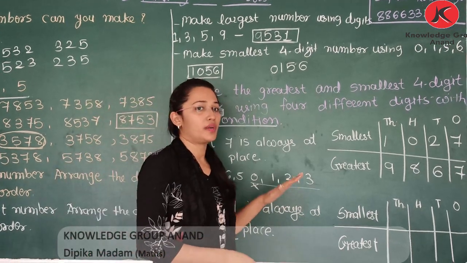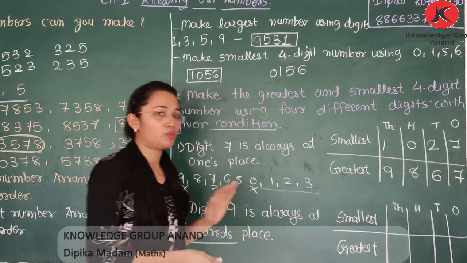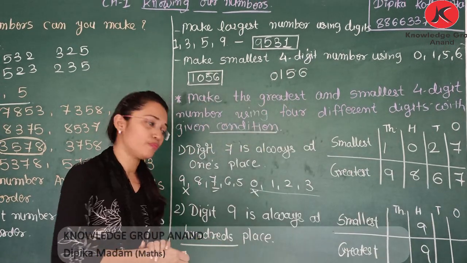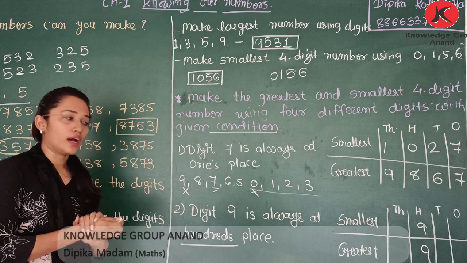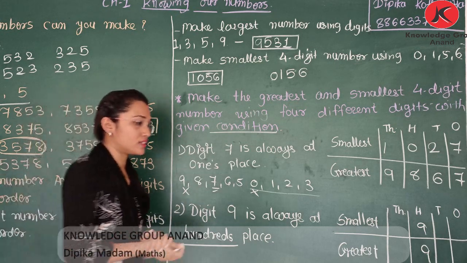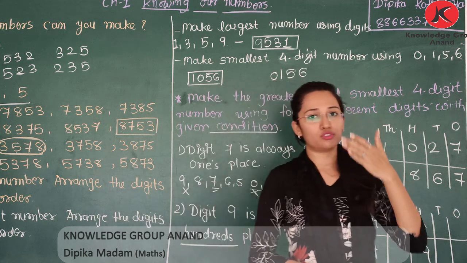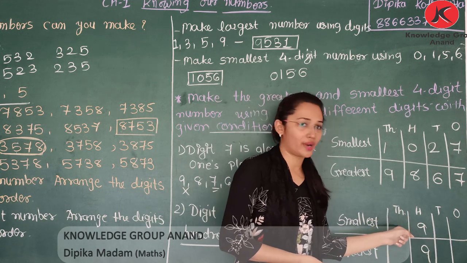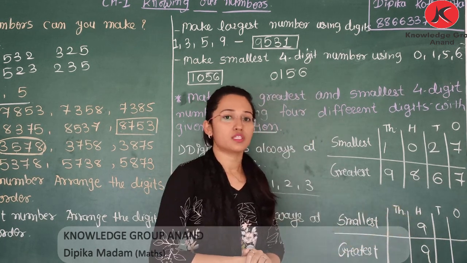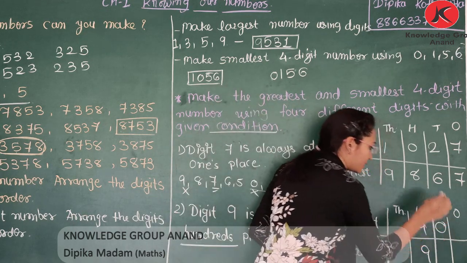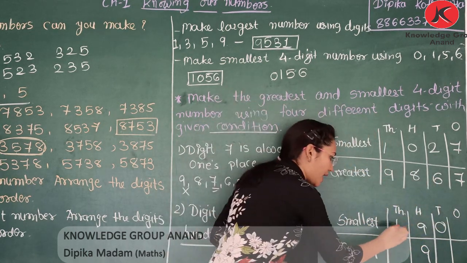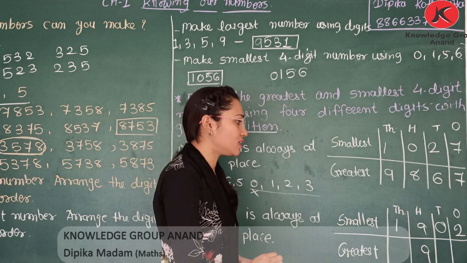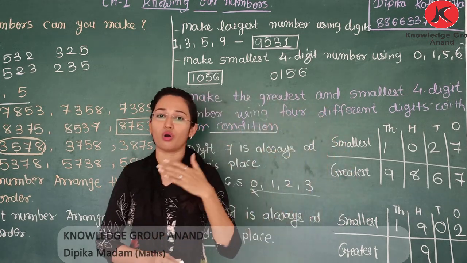ગમે તે નંબર બનાવીએ પણ એવો નંબર બનાવવાનો કે 9 100th place માં હોય. So we write 9 at the 100th place for the smallest and greatest number. Now again for the smallest number we need to select the numbers from the beginning 0 1 2 3 4. So again 0 cannot be at the thousand place because if you write 0 at the thousand place it will not be a four digit number. So we need to write 0 at the 10th place. 1 will be at the 1000 place and 2 will be at the 1's place. So we select the digits from the beginning 0 1 2 or 3.